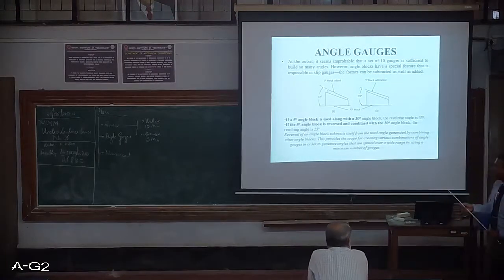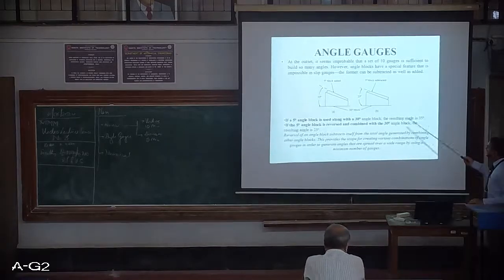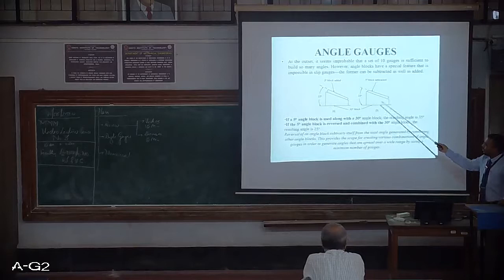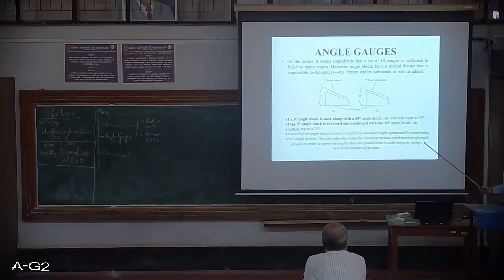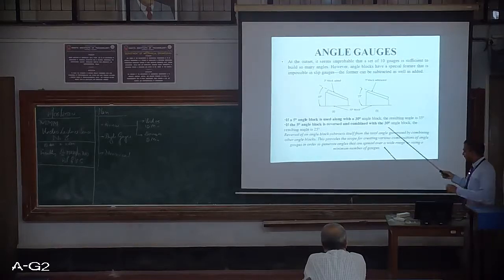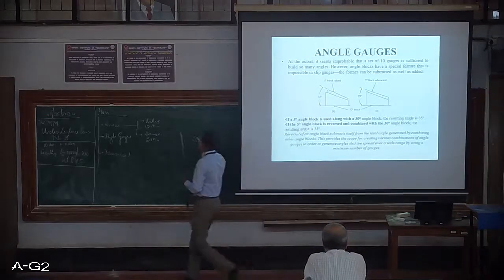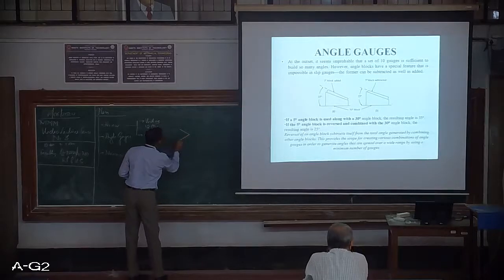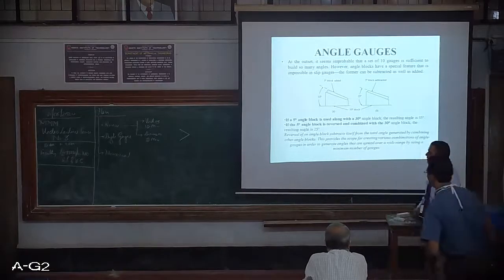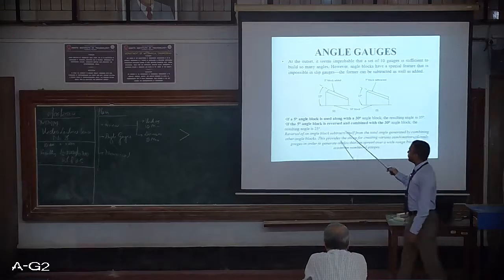So now, how to identify whether you are supposed to add, and how to look at the angle gauges. Say, for example, we have two blocks of 30 and 5 degree. How to set 25 degree and how to set 35 degree, we'll just have a look. Usually the angle gauge has a mark similar to your greater than symbol. Using this, we can find out whether we are adding the angle gauge or